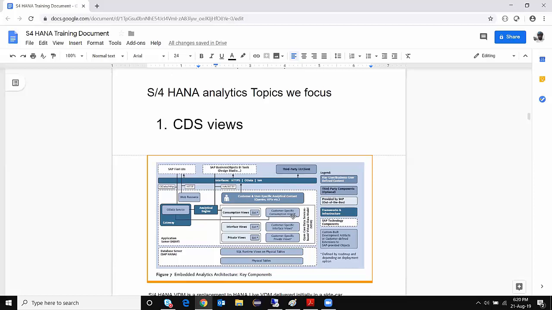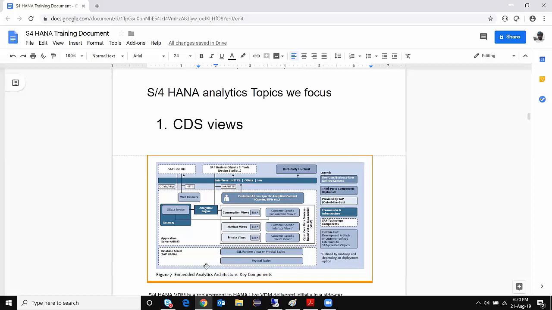It's not a core ABAP language, it's an advanced ABAP language where you use a lot of OpenSQL statements to access the database, and it is highly pushed down to your HANA database system so that the performance can be very effective. It also uses the native HANA capabilities in the backend